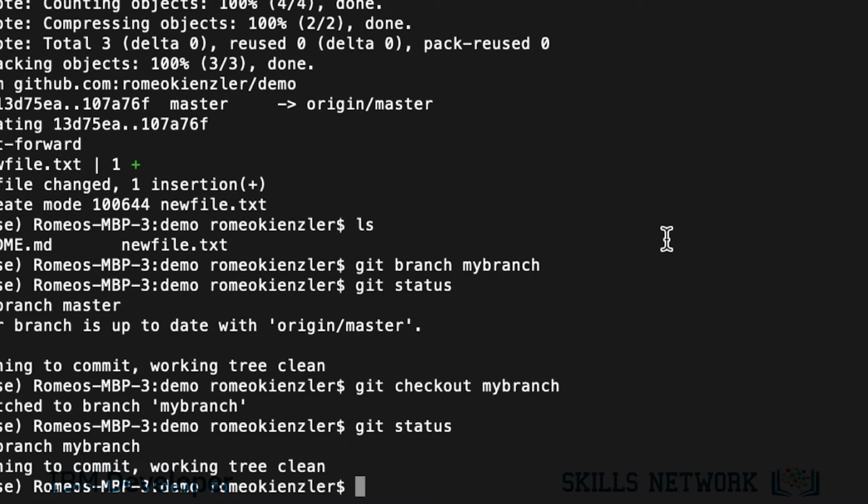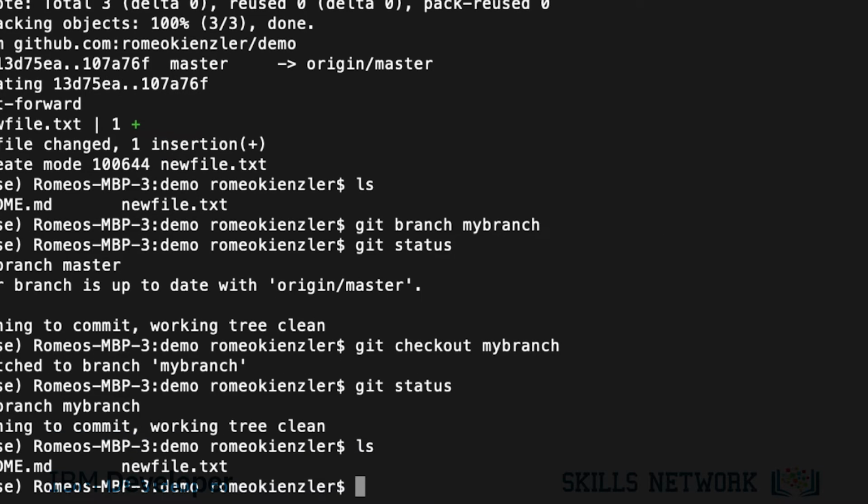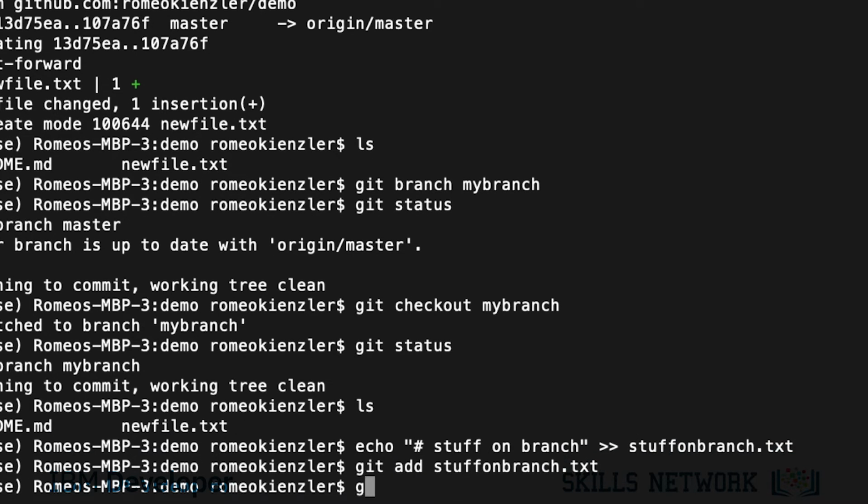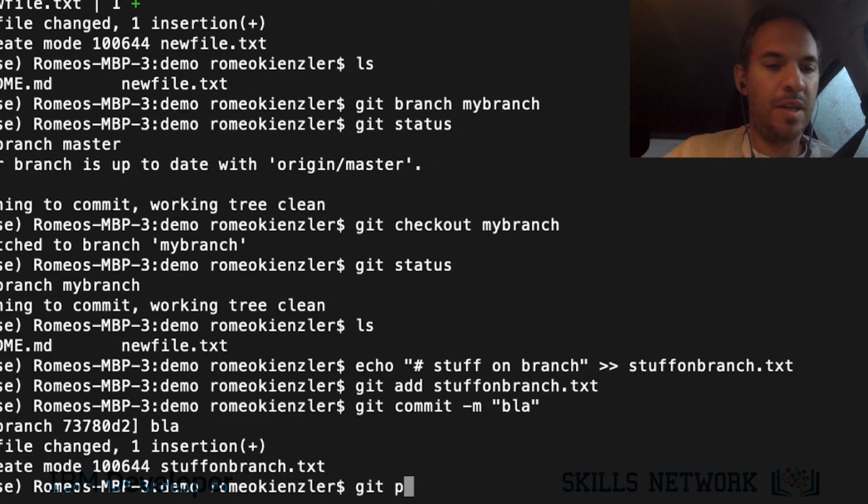Okay, now what I do is we say here we have those two files, and then we say stuff on branch here, and we say stuff on branch.txt. So git add stuff on branch, git commit blah, and git push.